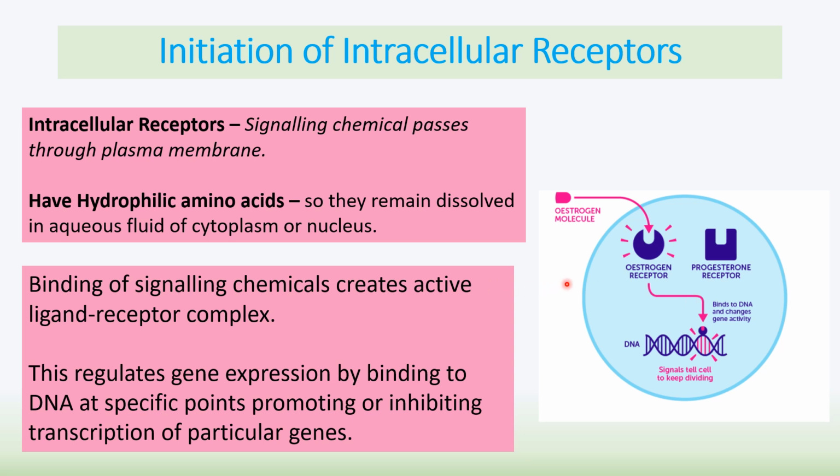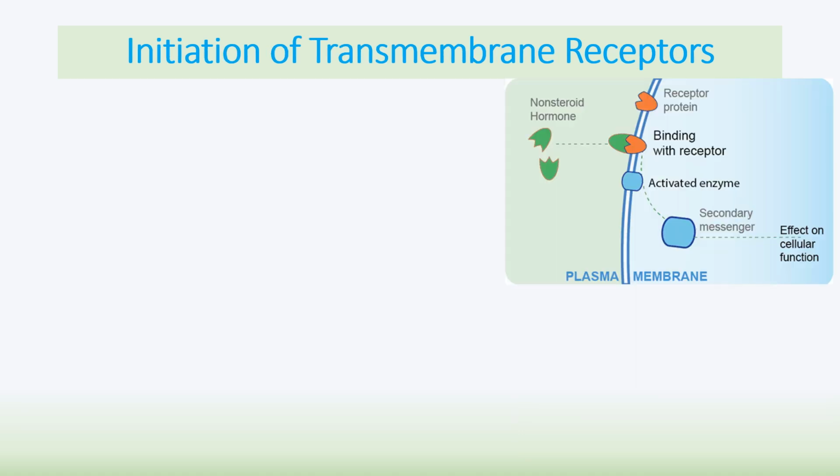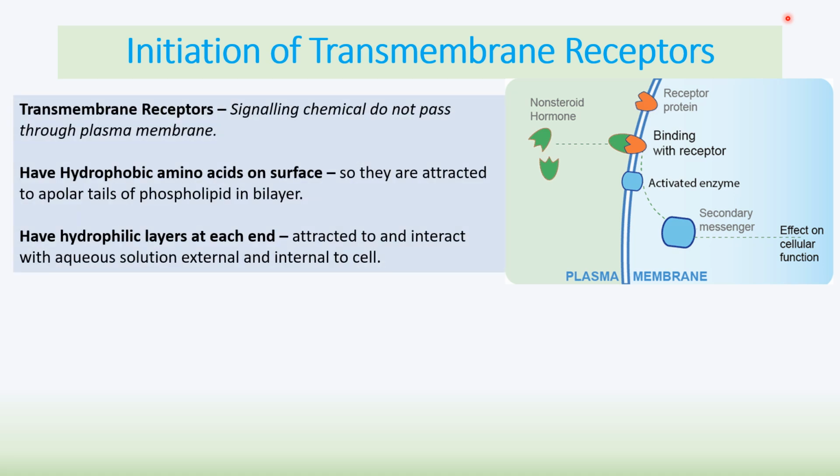So there you go. Binding of the signaling molecule creates an active ligand receptor complex that activates this protein, and that will regulate gene expression in the cell, causing the inhibition or promotion of transcription of particular genes, which is called epigenetics. Now for transmembrane receptors, the signaling chemical is normally a non-steroid hormone, so it's a protein hormone